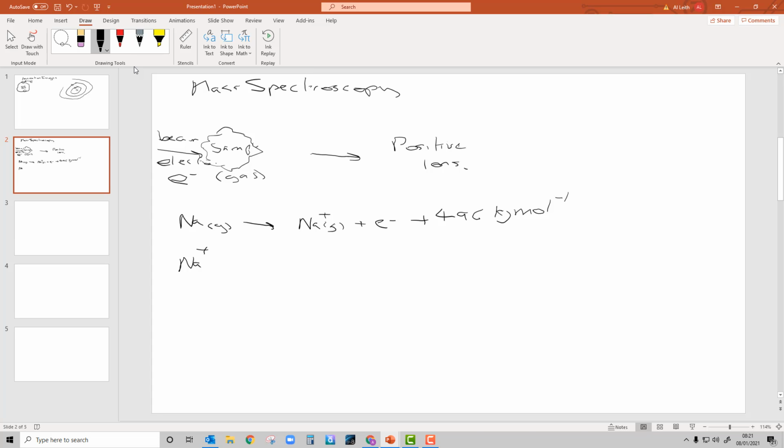So sodium plus then in gaseous state. Now remember when you're writing these formulae, the state symbol should always be there. Okay, you get a mark for that in the exam. So we're going to go from Na+ now across to Na2+, which is also a gas. And that's a gas there that looks like a solid, but it is actually a gas. Okay, plus an electron. And that is going to require the energy of plus 4563